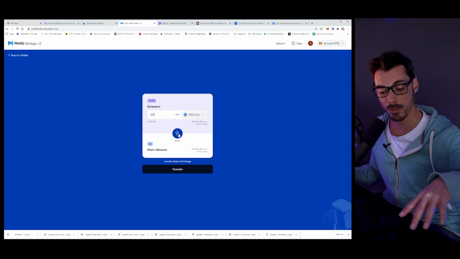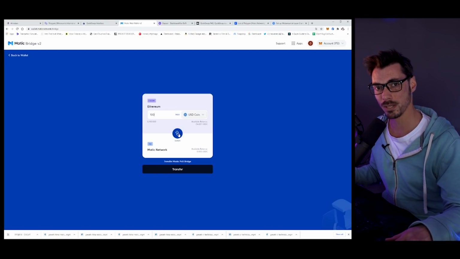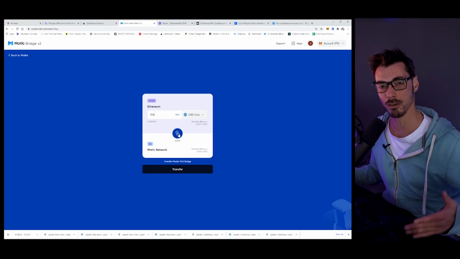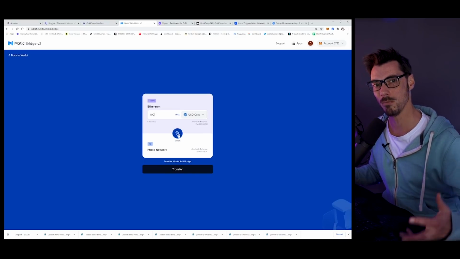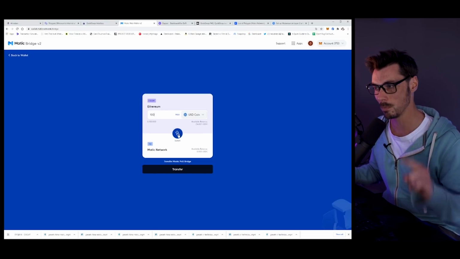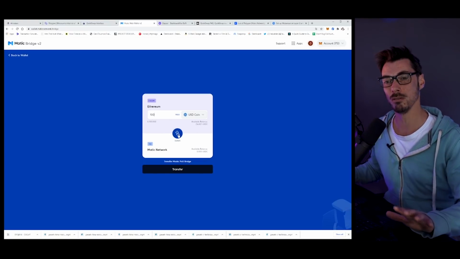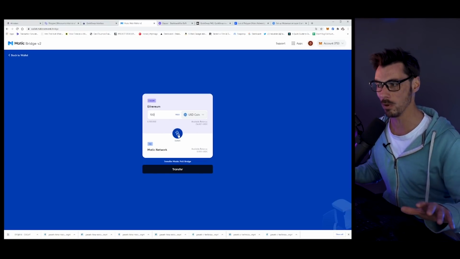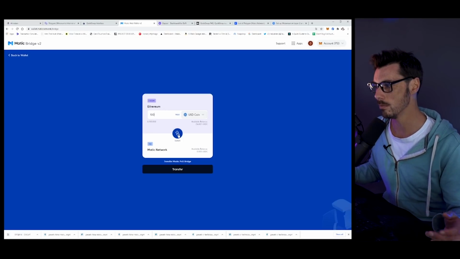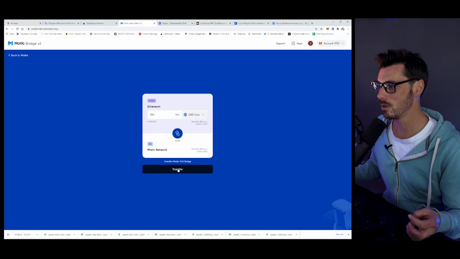Now, yes, you're right. This is an Ethereum-based transaction, so we're going to be subject to Ethereum prices and Ethereum block times. That's something to bear in mind. Once we're over on the bridge side, on the layer 2, everything speeds up and gets cheaper, and that's what we want. So if I now click on transfer,